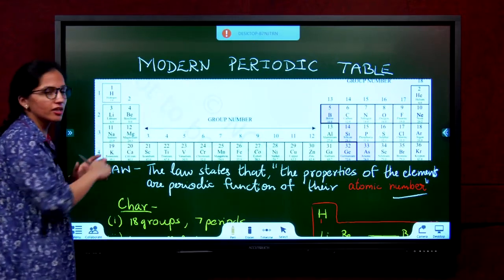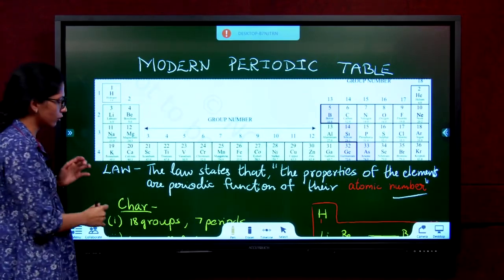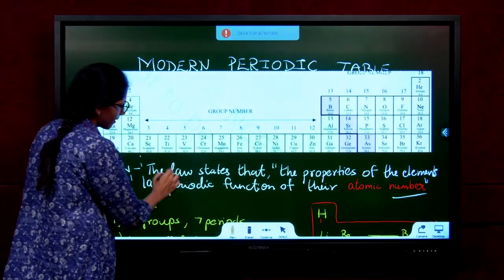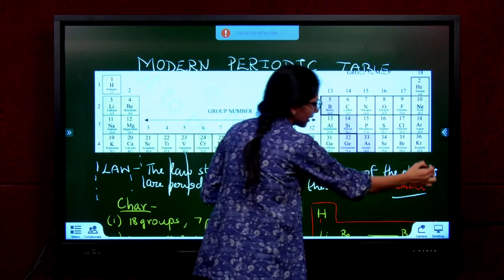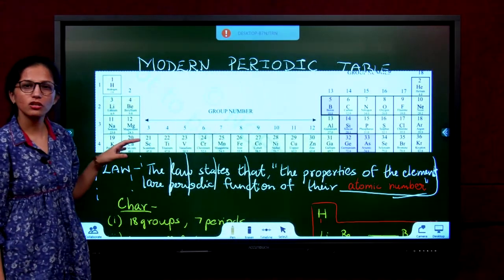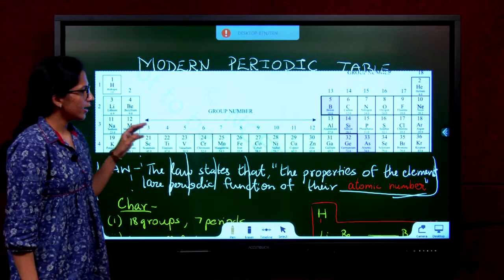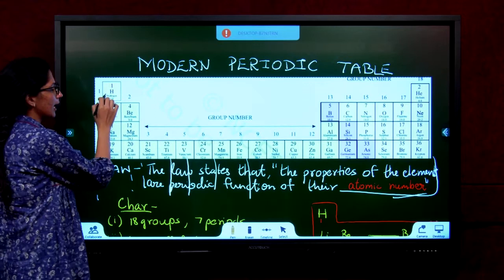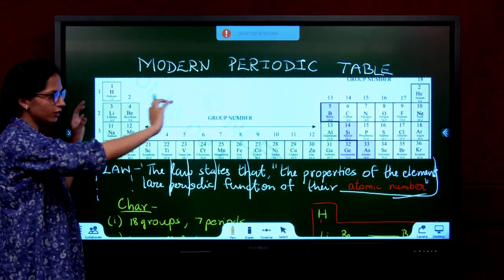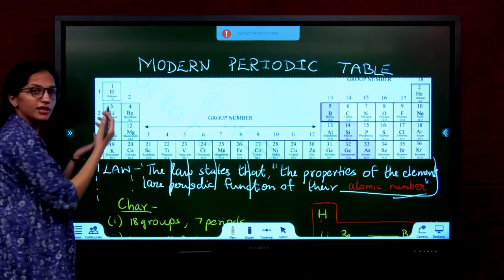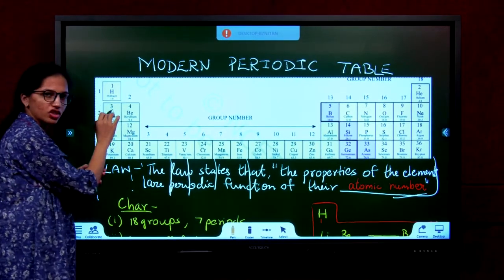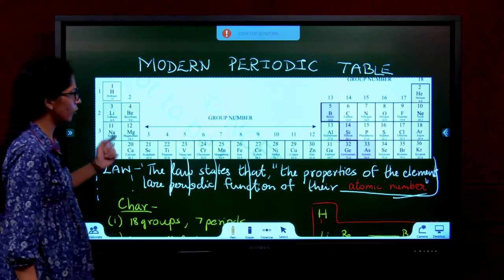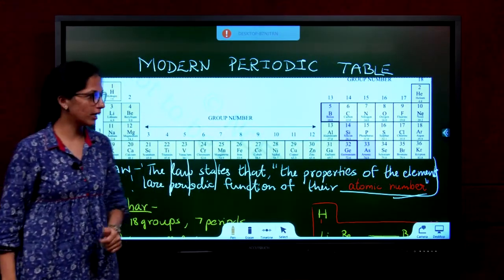So we started to arrange the table, and this is how the table looks. There are more things in the table down, but there's a bigger table. We will be referring to only the first 20 elements. Now when you see this table, observe hydrogen is here, helium is there. The table got placed like this. We didn't know where to place hydrogen. You can see hydrogen is not attached over here. Later on we'll understand in more detail what is the property, why is this yellow, why is this green, why is that pink. We will do that a little later.